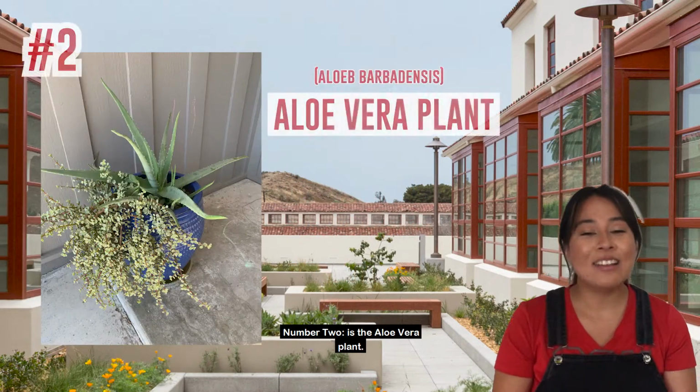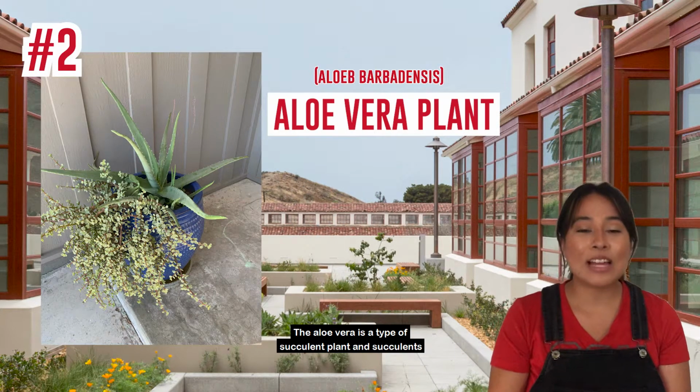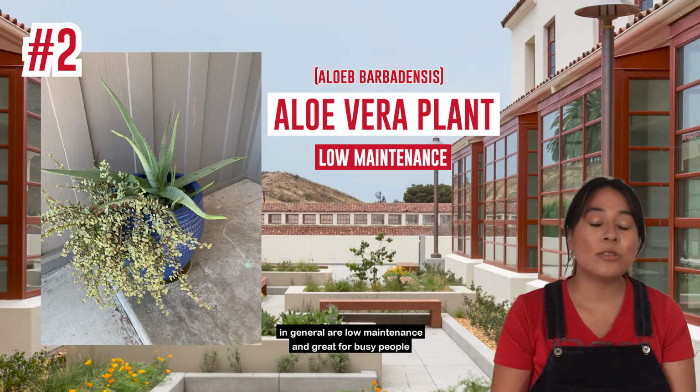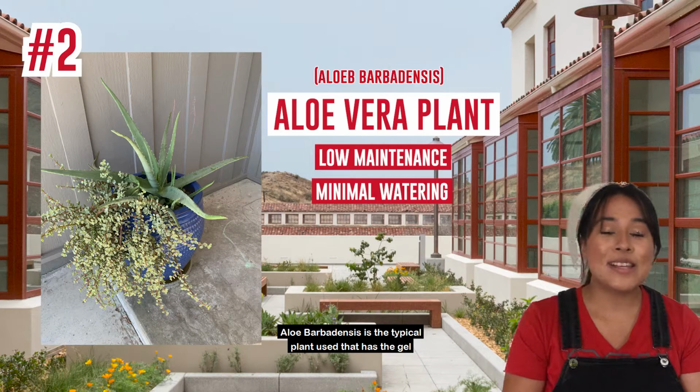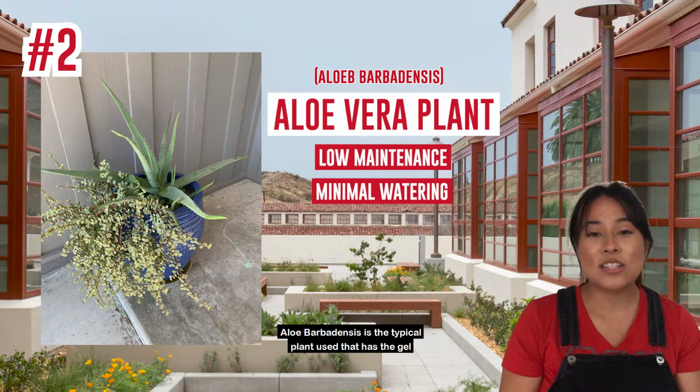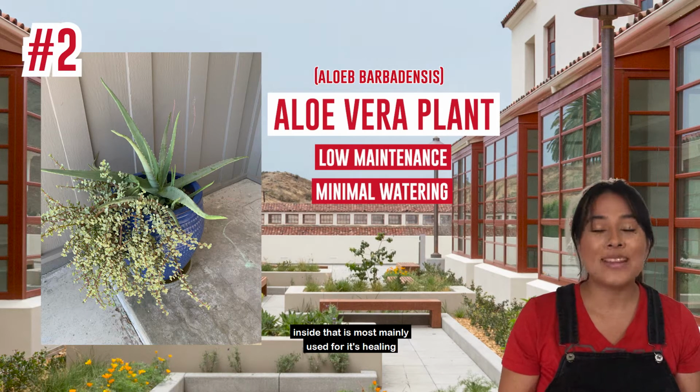Number 2 is the aloe vera plant. The aloe vera is a type of succulent plant, and succulents in general are low maintenance and great for busy people. Aloe barbadensis is the typical plant used that has the gel inside that is most mainly used for its